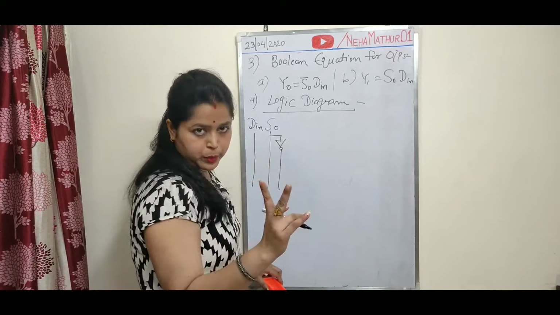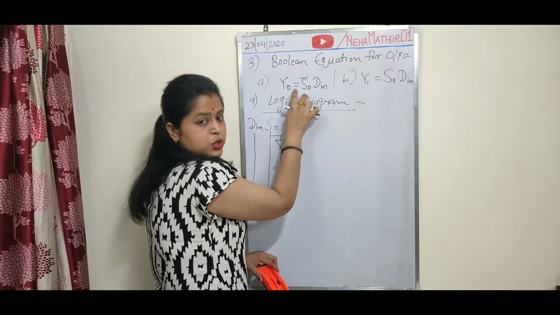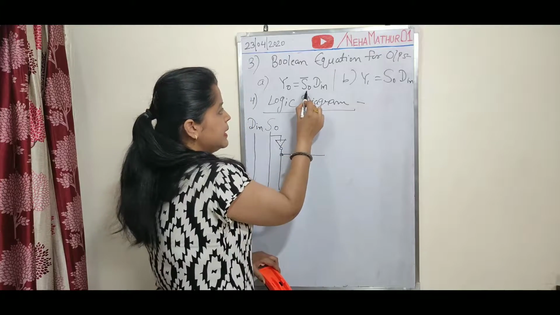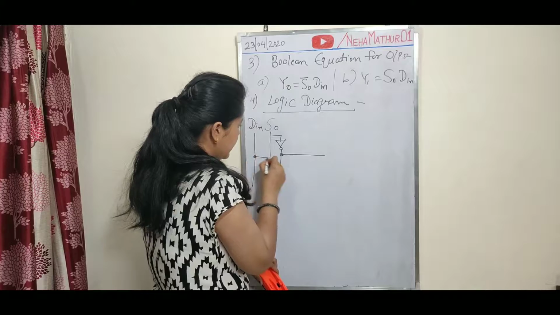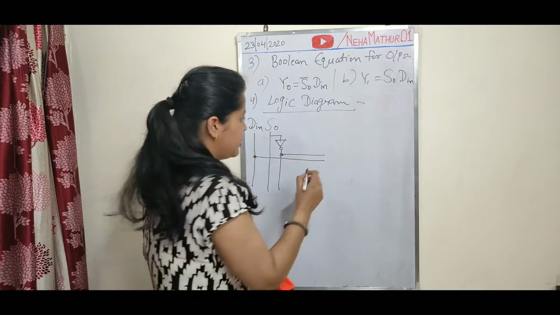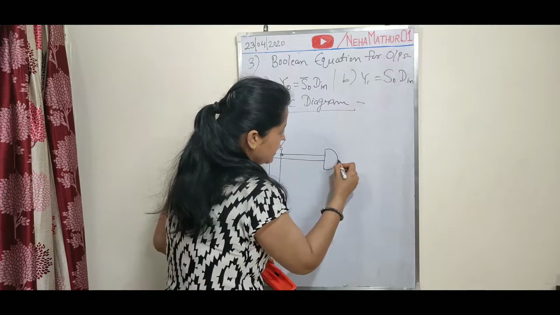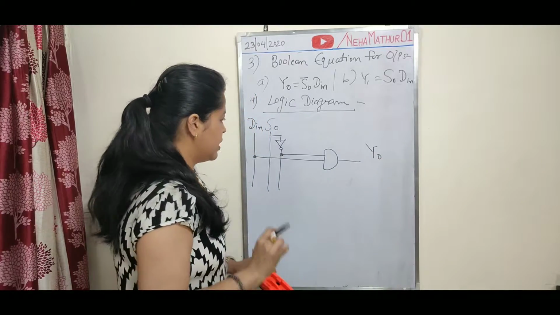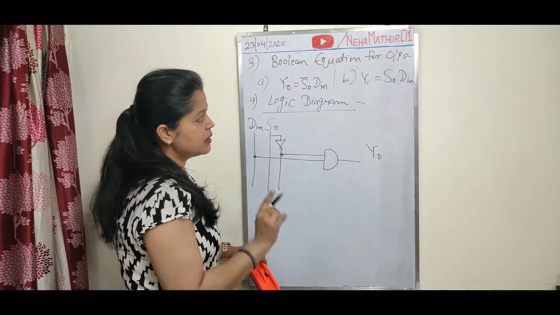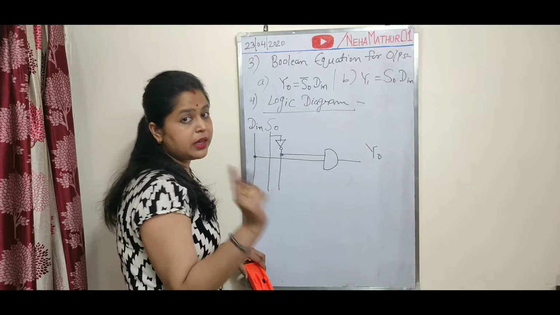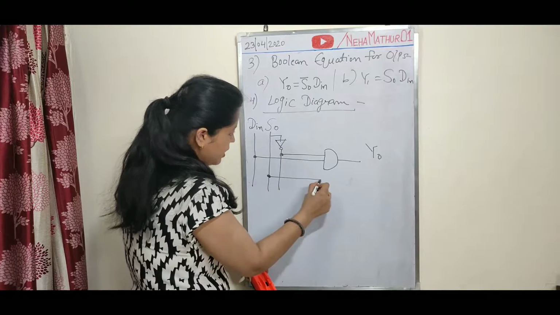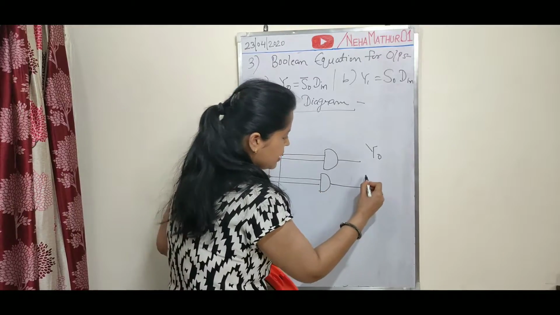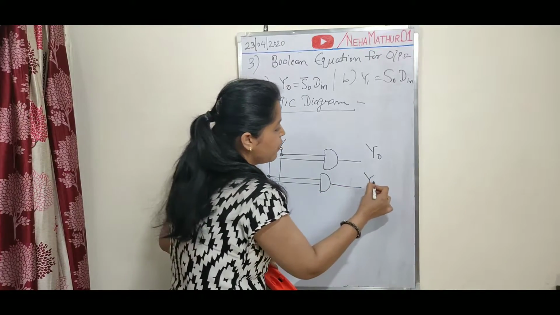Now you have two outputs. The first output Y0 is equal to S0 bar. So take the connection from here multiplied by Din. So I am taking Din from here. Since both the variables are multiplied, for their multiplication AND gate is used, and the output of the AND gate will be Y0. Similarly, Y1 is nothing but equal to S0 into Din. So I am taking S0 from here into Din from here, and for their multiplication AND gate is used, and the output of this AND gate will be Y1.